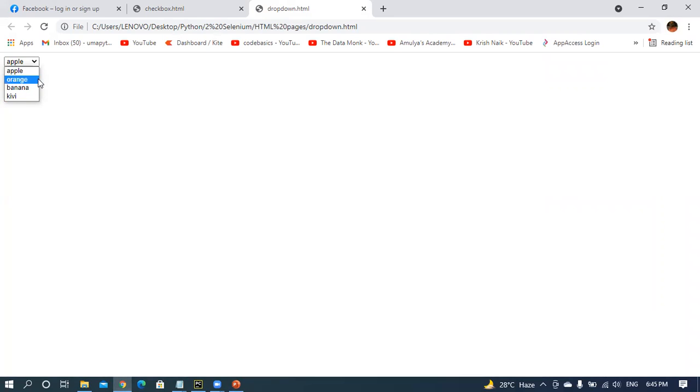This is the 0th index, this is the first. The second index is orange, the third index is the next one. Like that, you have index values.